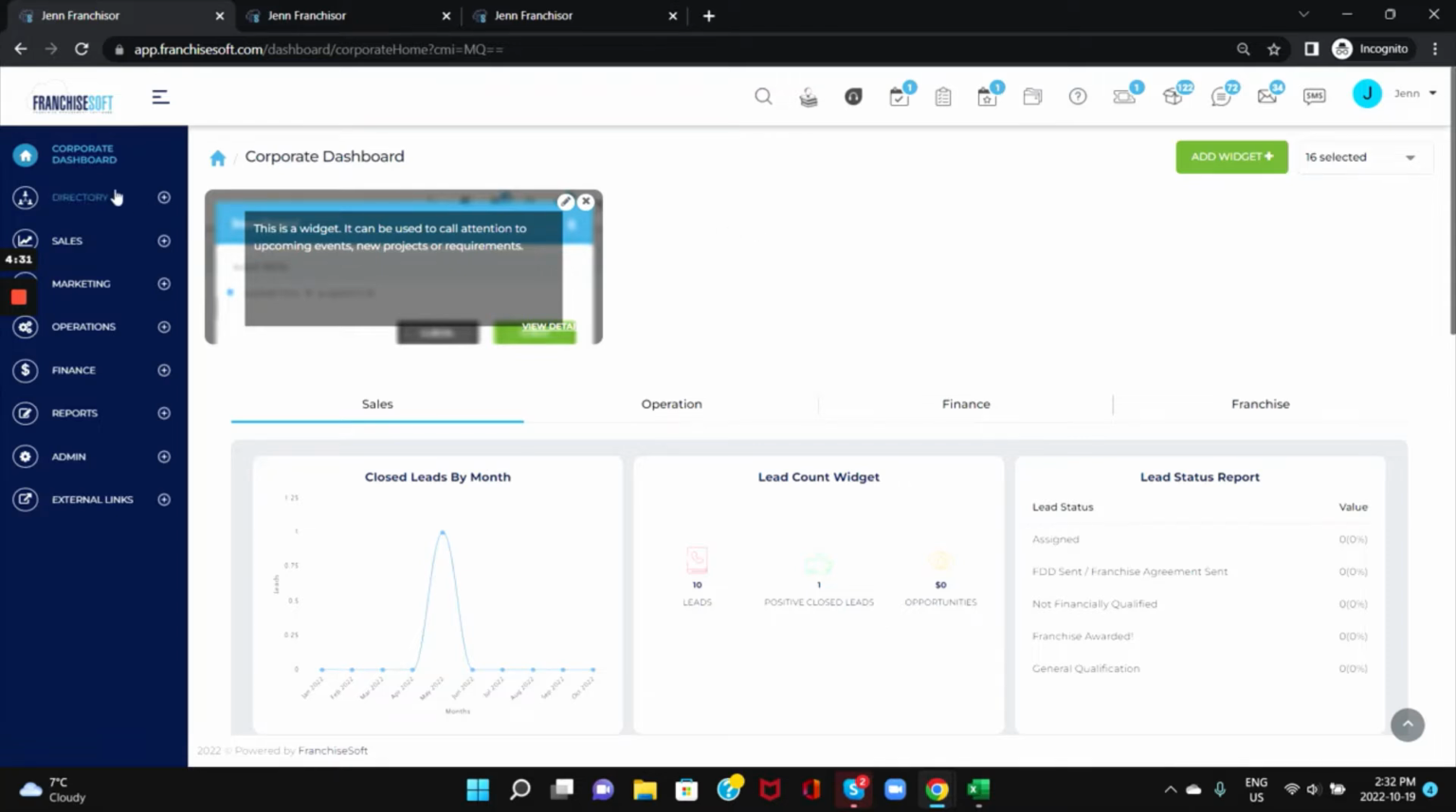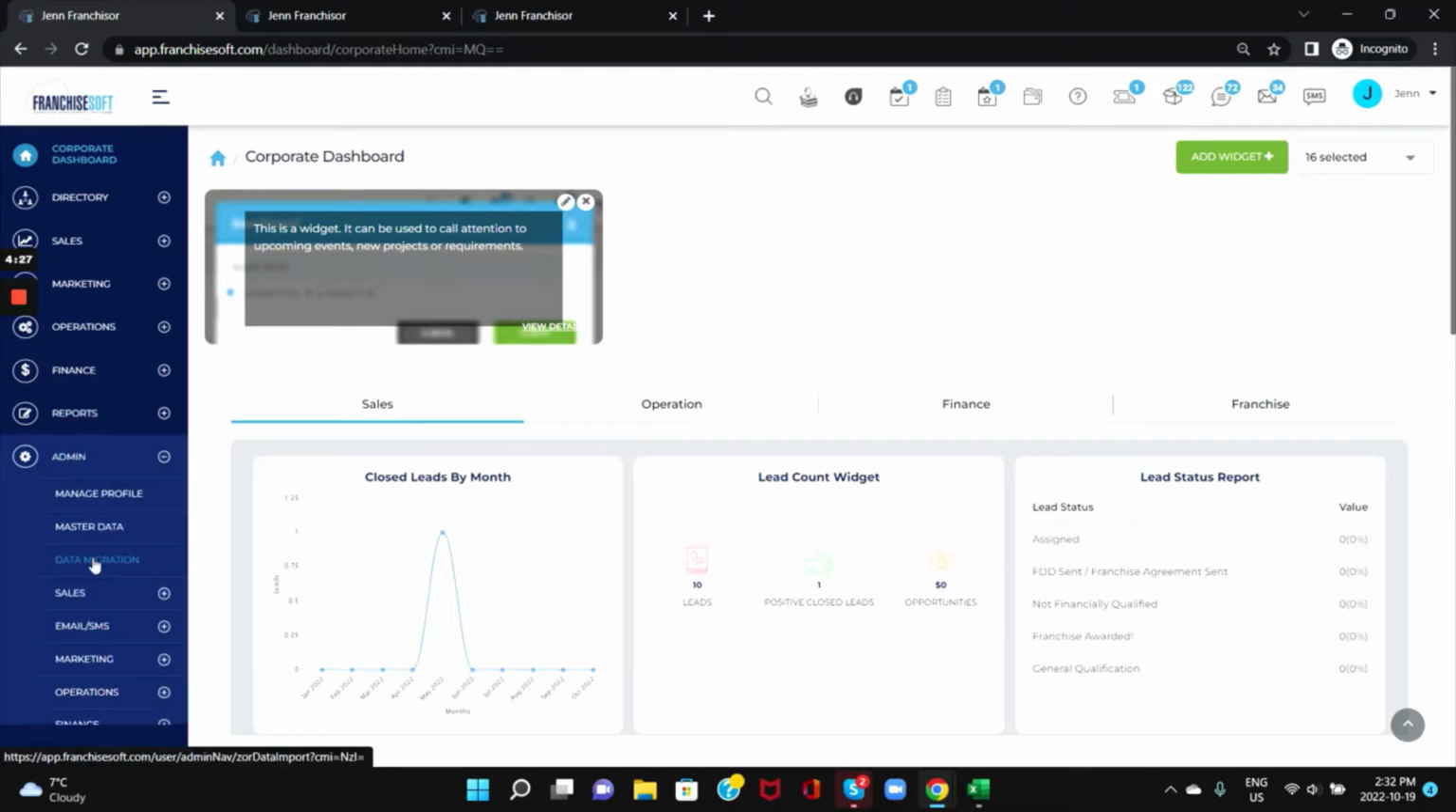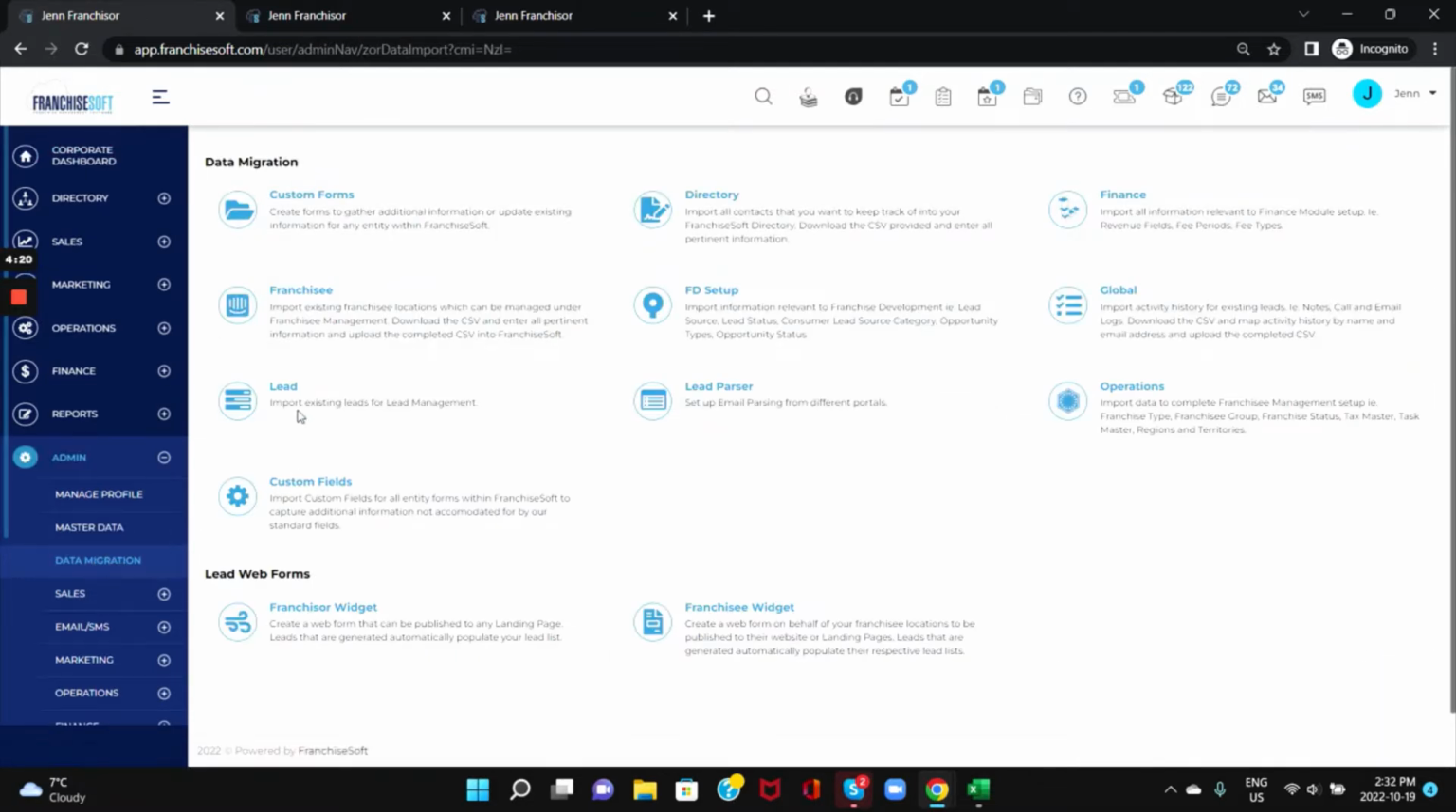To start this process, we're on the corporate dashboard right now. We're going to come down to the admin menu and choose data migration. Once we've chosen data migration, we're going to click on lead. And that's going to bring us to this screen here,